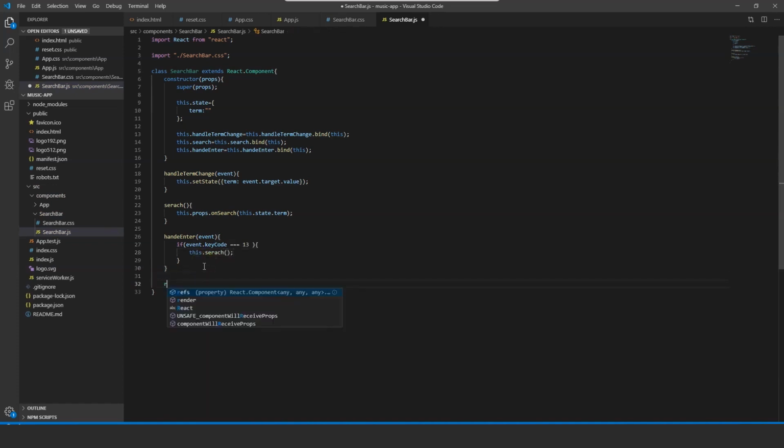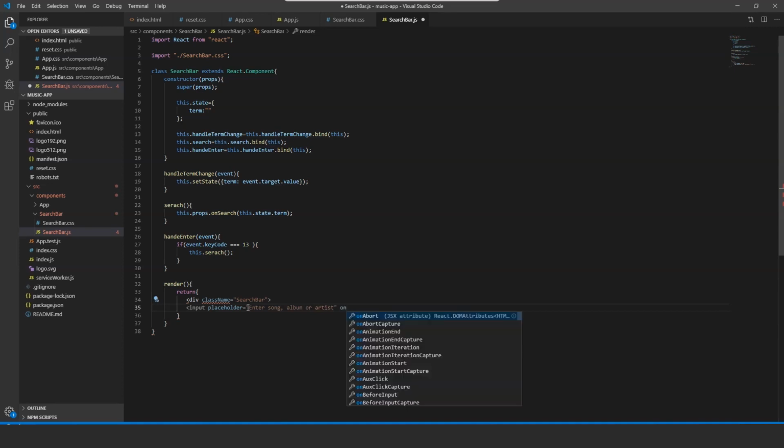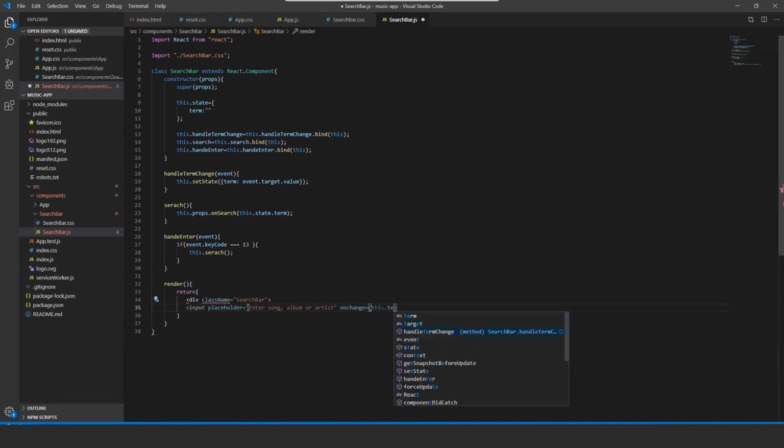And that's where we write our render method that's going to render the HTML view, and we return the complete view here. So that's the view now that we want to return. Let's say div class name equal to search bar. Then on the input text box, we will use placeholder equal to enter song, album or artist that you want to search for. On change, the moment the term changes, we connect that to handle term